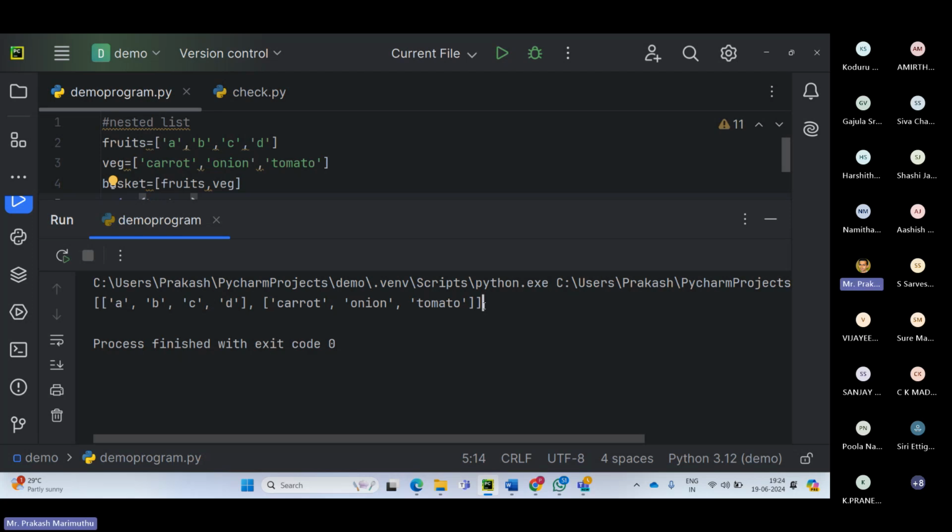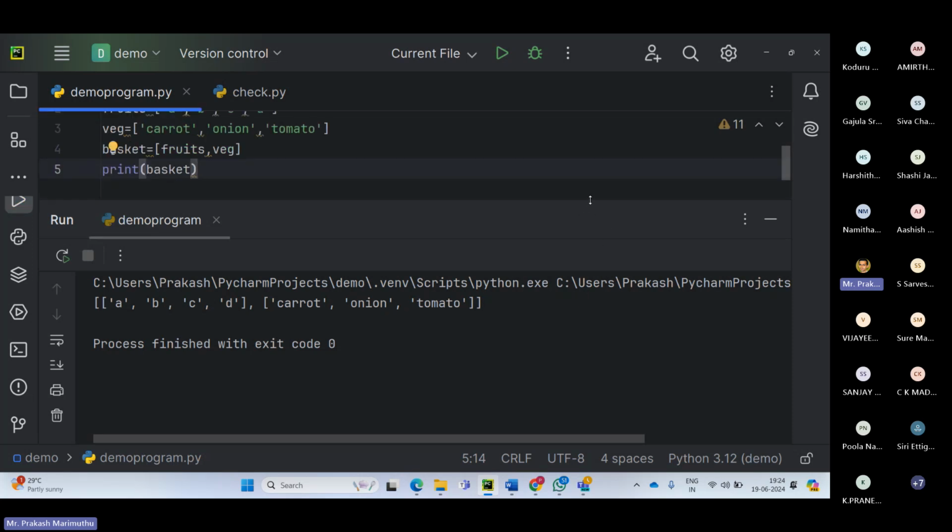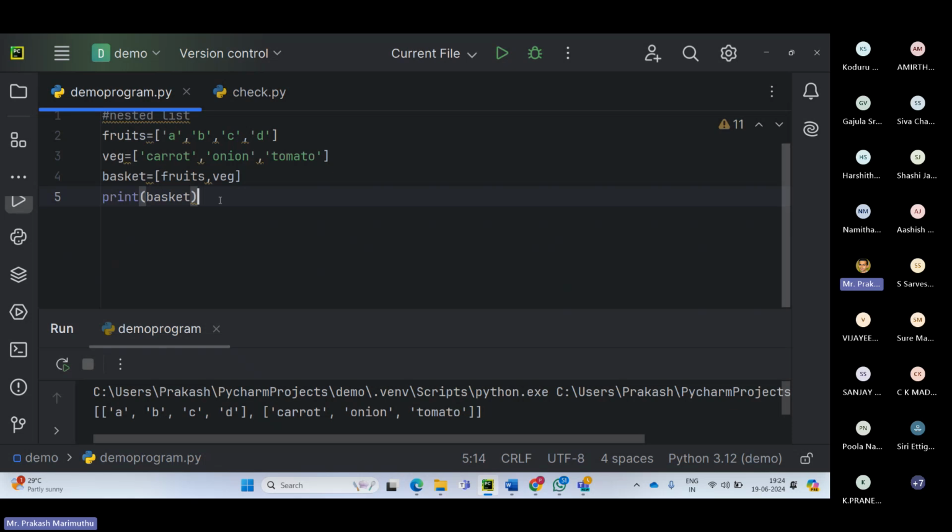Is that clear? So we can have a list within a list. It's called a nested list, and we can access the different elements of this list. For example, basket of. So what will be the index of this? For example,